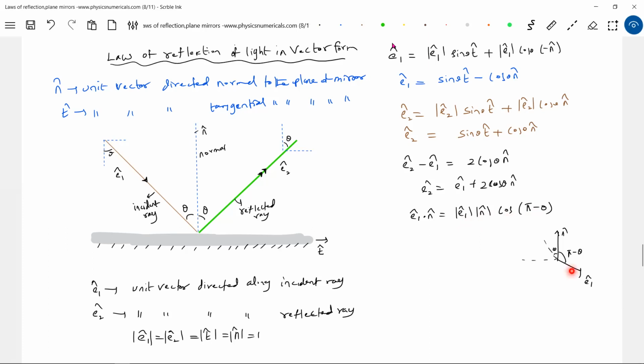The angle between E1 cap and N cap is not theta, in fact it is pi minus theta from the mathematics. So E1 cap dot N cap should be equal to cos of 180 minus theta, which is minus cos theta. Shall I go and keep that cos theta term there, substituting that? So let me write this as equation 1, and this as equation 2. Put 2 in 1. Then E2 cap, E1 cap, 2 cos theta will be,